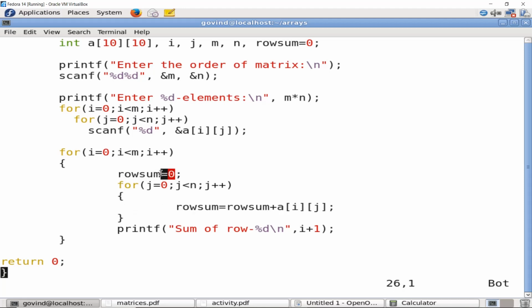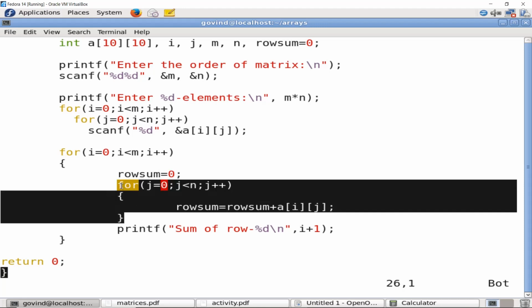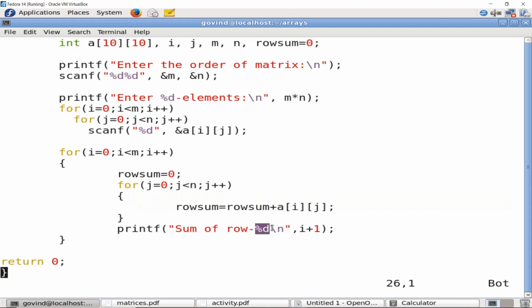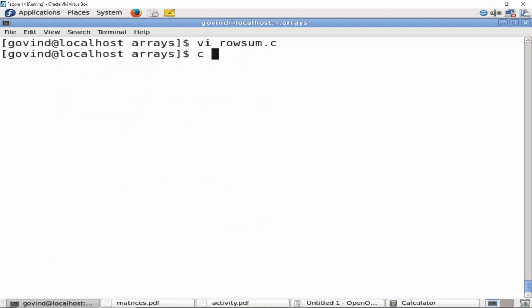If you do not make it 0, it simply prints the sum of all the elements. At the end of the innermost loop I do have the sum of each row, and I want to print the row number starting from 1, but the value of i here is the index value. So if you keep i as it is, it will print row 0, so the user might get confused. So I am simply incrementing it by 1. This is the logic. Let us see whether it works or not.